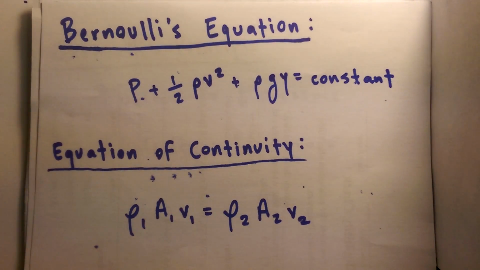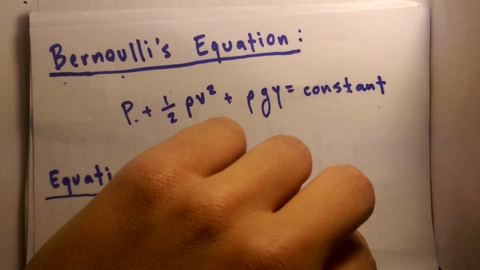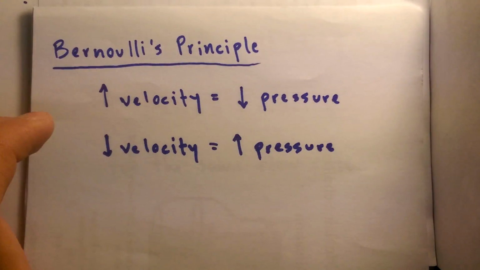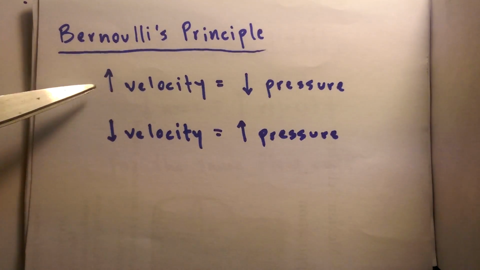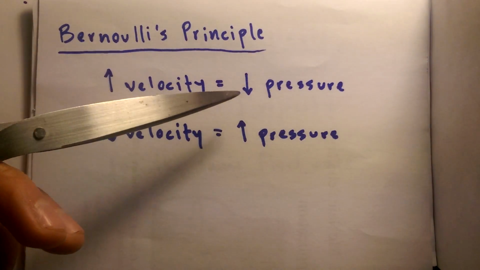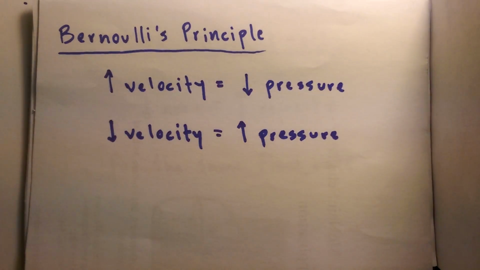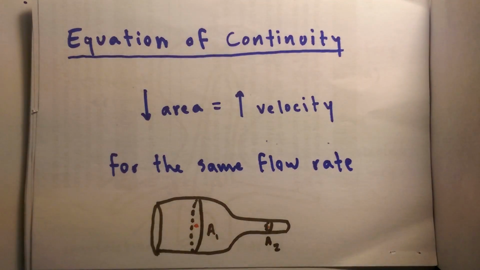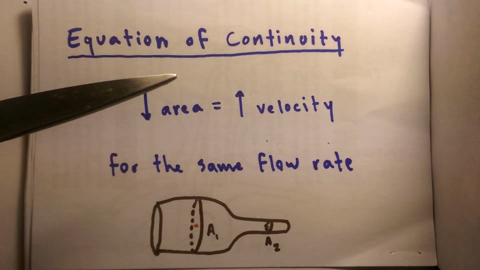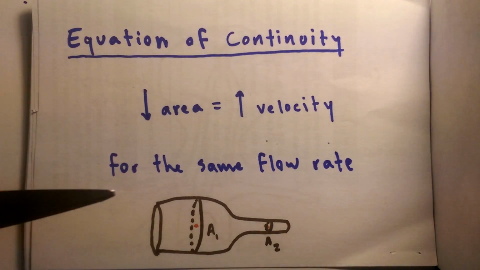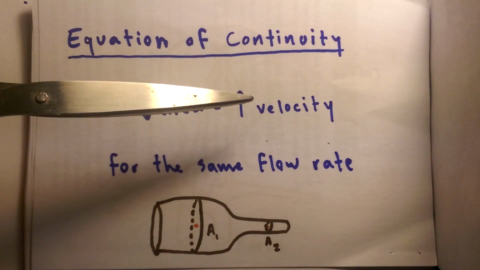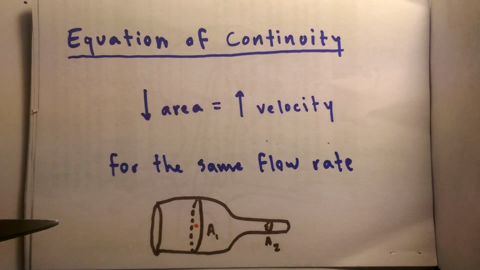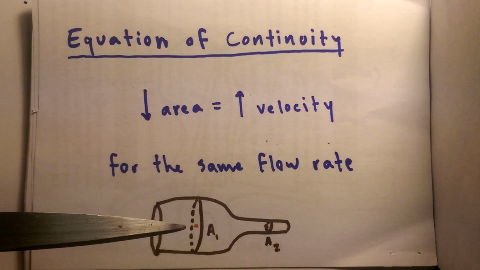All right, so what do these two mean exactly? Bernoulli's equation comes from Bernoulli's principle that says where the velocity of a fluid is high, the pressure is low, and where the velocity is low, the pressure is high. And the equation of continuity pretty much says that the area of a cross-section of a fluid moving through something like a pipe, the lower the area, the higher the velocity for that same flow rate. So what that means exactly